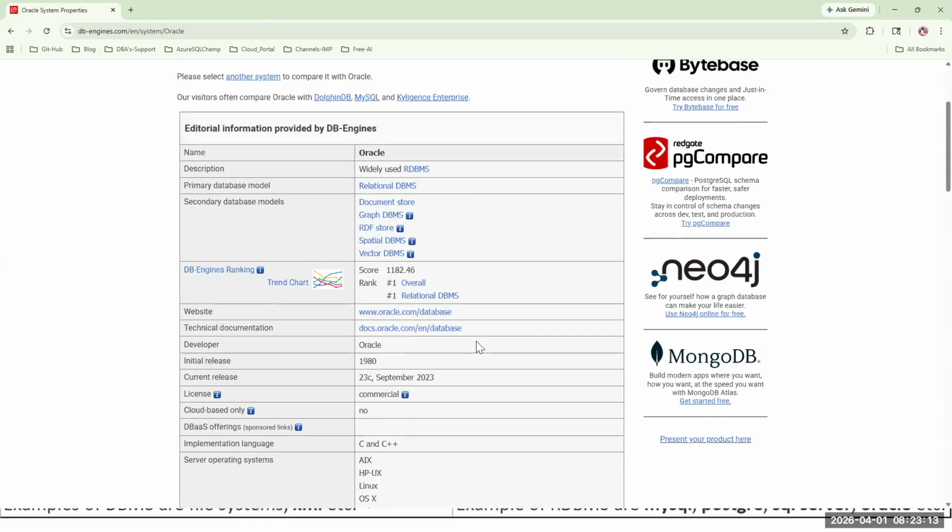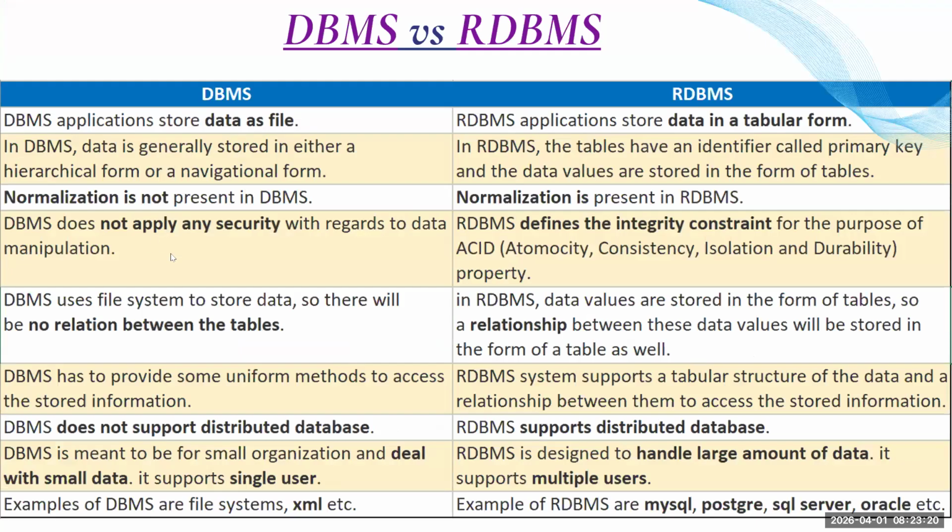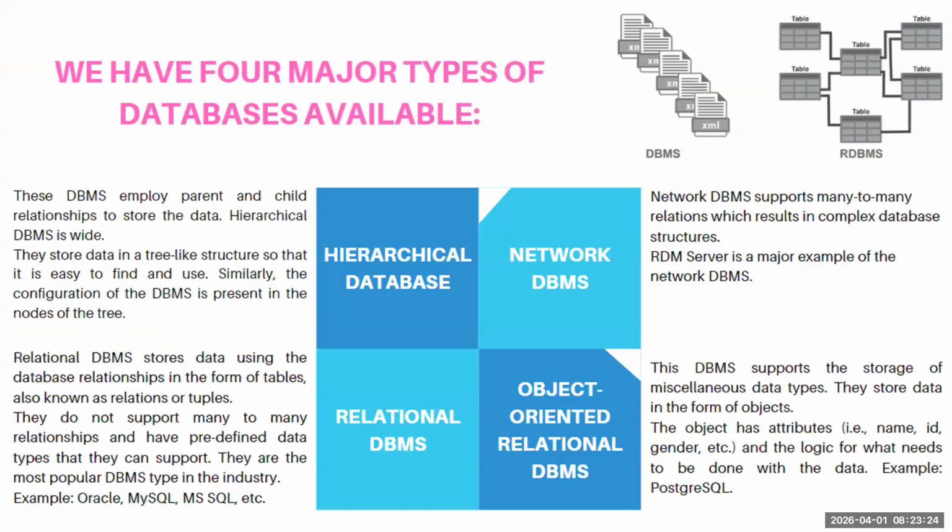Not everything, but minimal information. So this is about DBMS and RDBMS. As I told you, we have different types of database management systems: hierarchical database, network database, relational database management system.